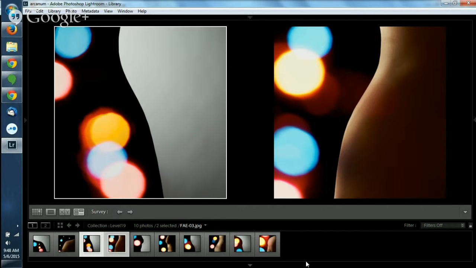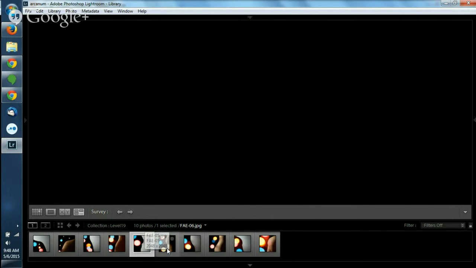It almost reminds me of those optical illusions where it's like, do you see the vase or do you see the two faces? You know what I'm talking about? So I like that it's sort of an impressionistic photography interpretation of that. I think they work really well together as a series. I do like them. Let's move on to the next one, because I'm really excited to see this one.